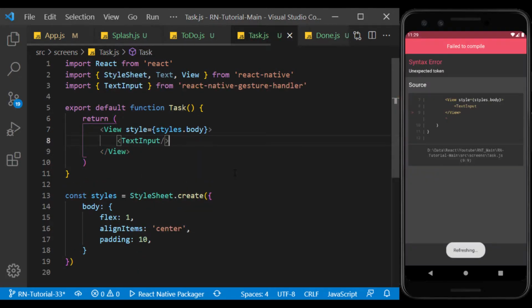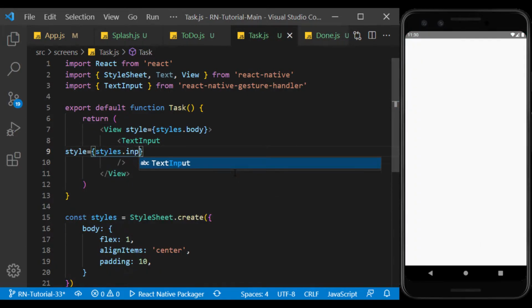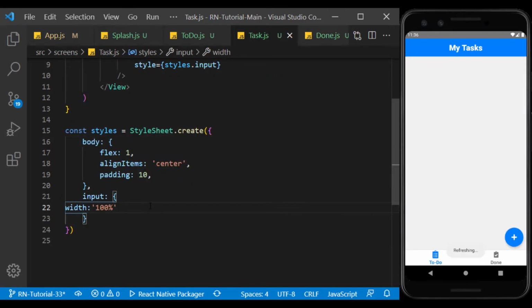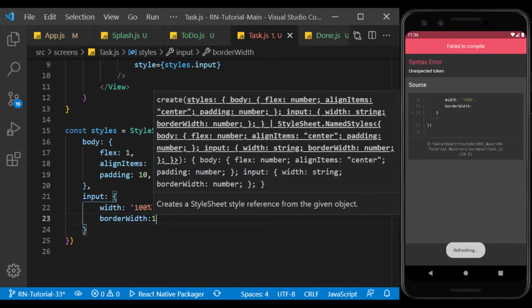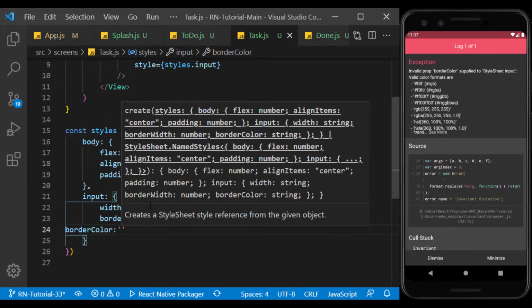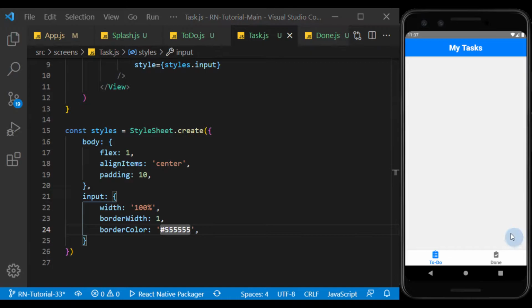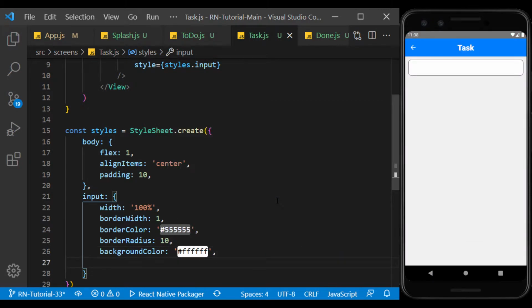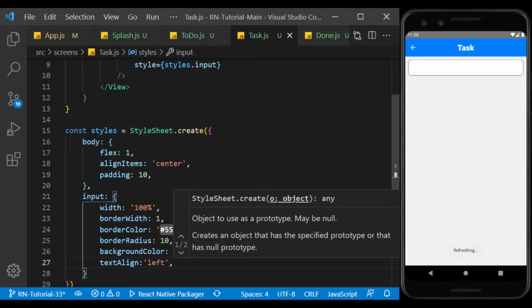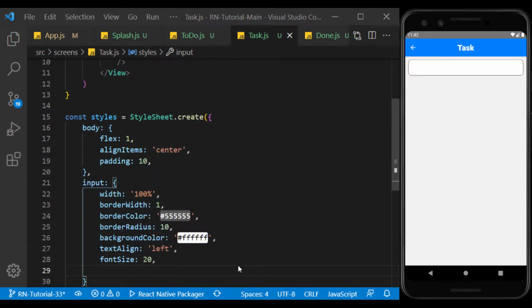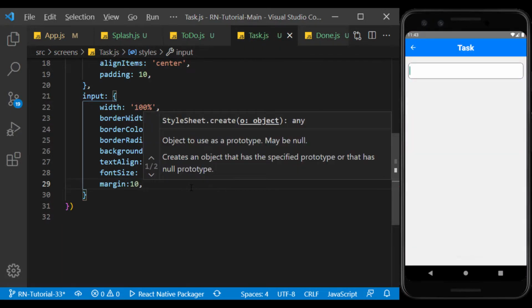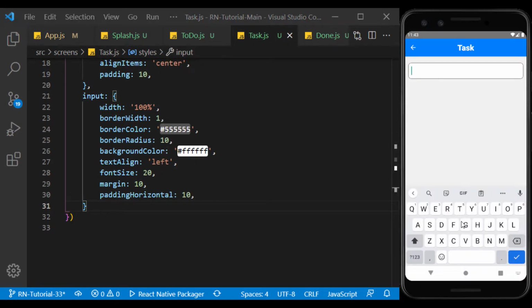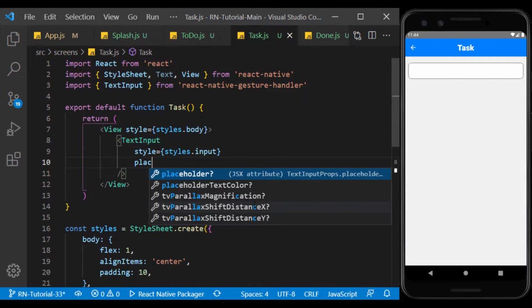I will create a text input on this page. I consider this text input as title.